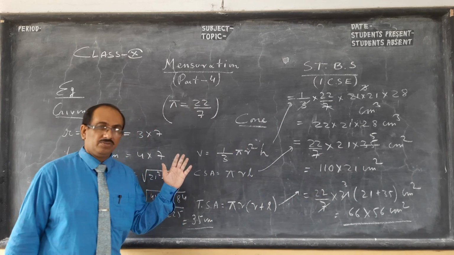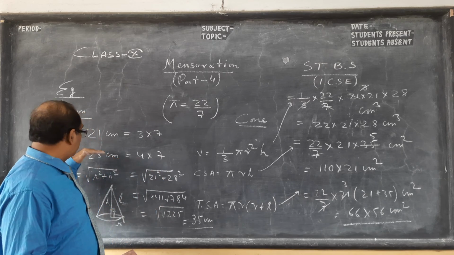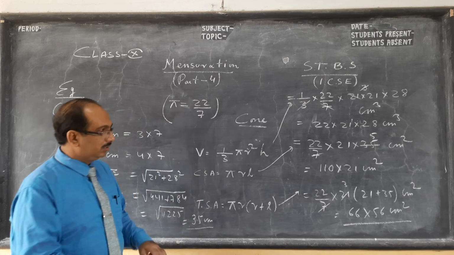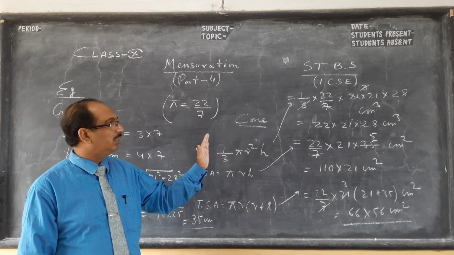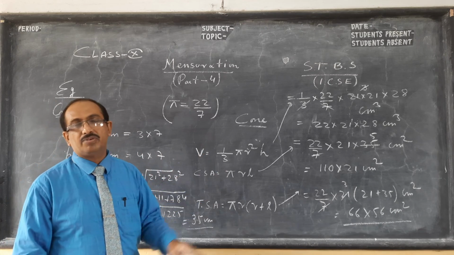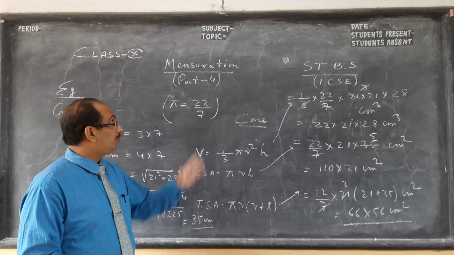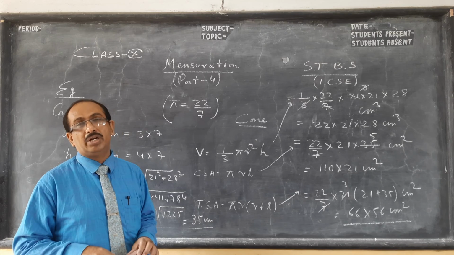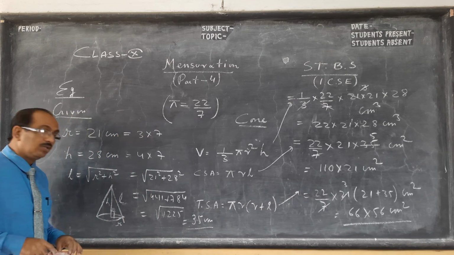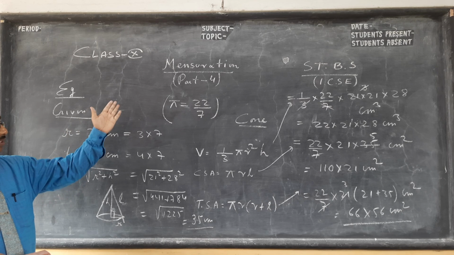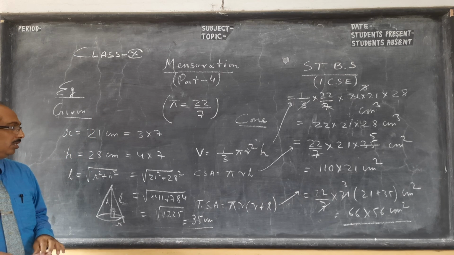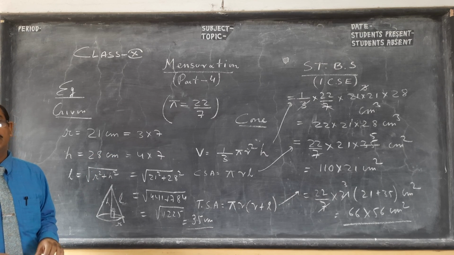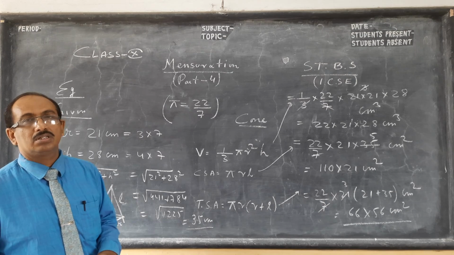In my previous video I had shown you how we get the three things: volume, curved surface area and total surface area of a cone. In this video I have taught about comparative study, and I have done one question to clarify the concept. In my next video, part 5, we will do some combination, maybe one sum and one melting and recasting. So please revise the concept of the previous 3 videos, write in your copy, and pause the video and copy this part. Thank you children for watching this video lesson.